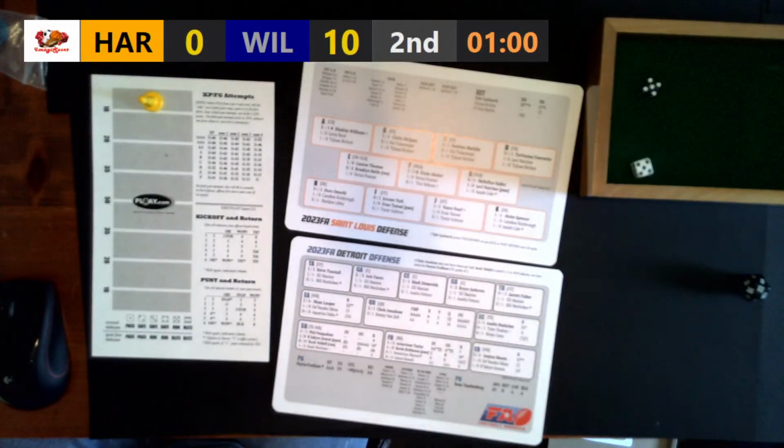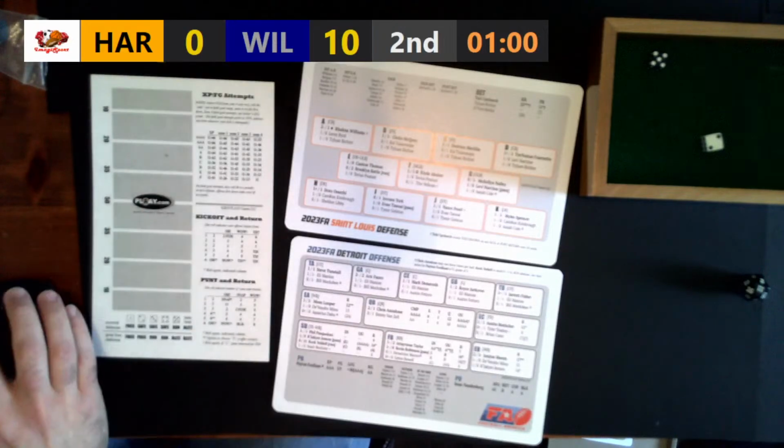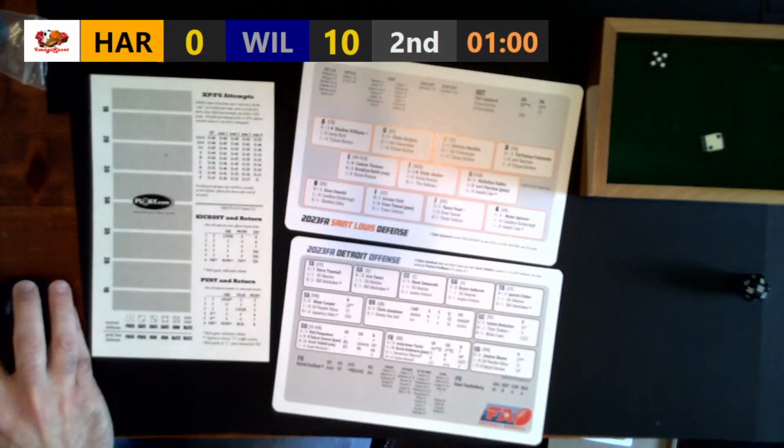Let's see what they call here. They're going to call pass once again. And Harrisburg is going to counter with a blitz. And it's going to be a 52. 2 or more players on the D-line rated at a 0 pass. I see one. I do not see another one. That's a completion. No need to roll there. That is going to be another touchdown. So Williamsport adds to their lead.